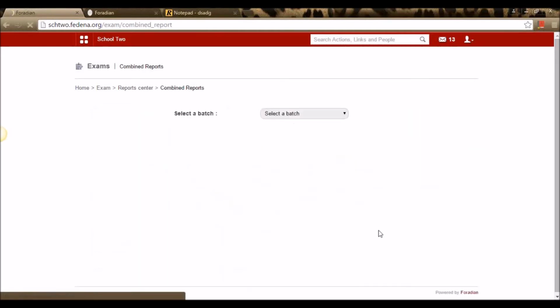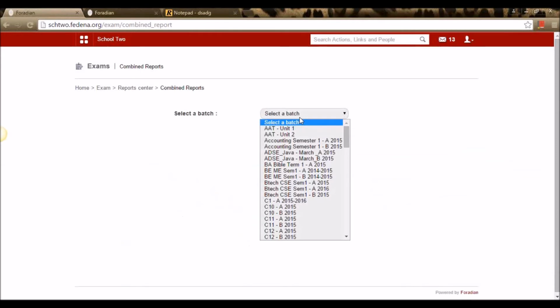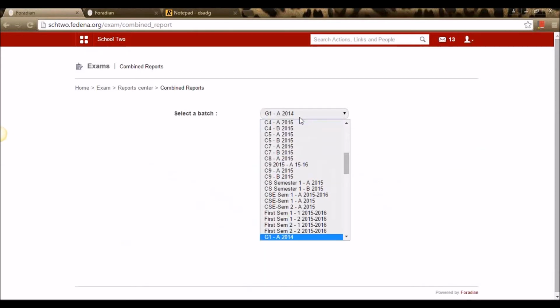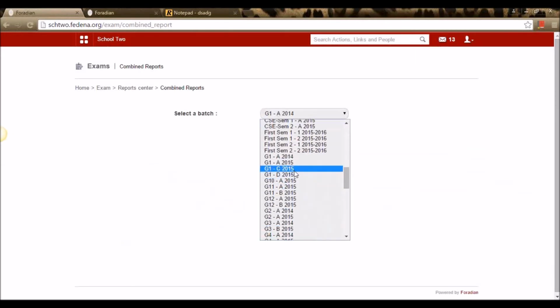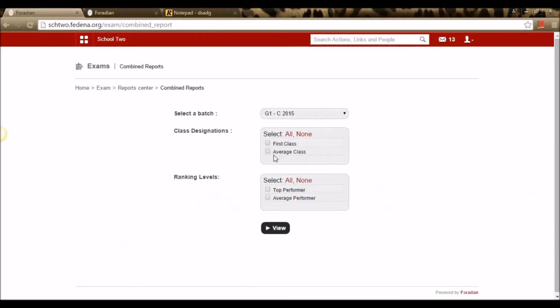Now let me try one combined report. In the combined report, we have the option of selecting two categories, say class designation and ranking level.